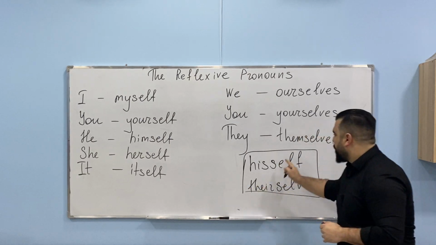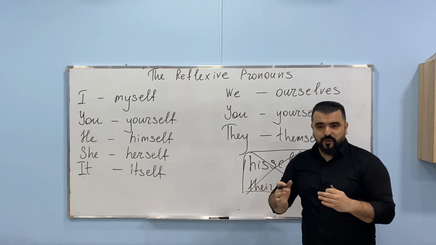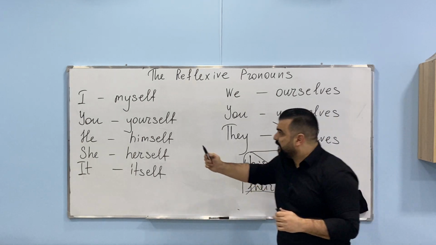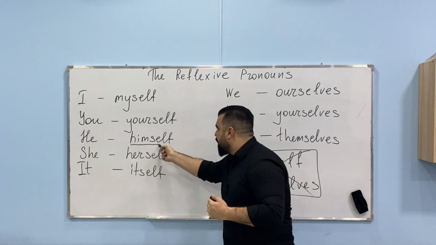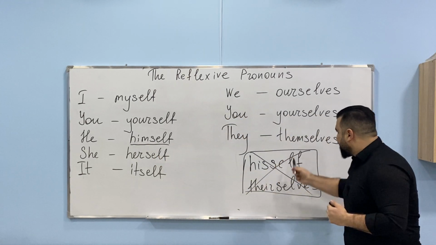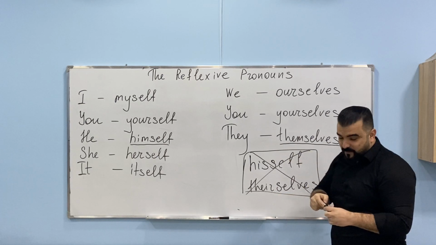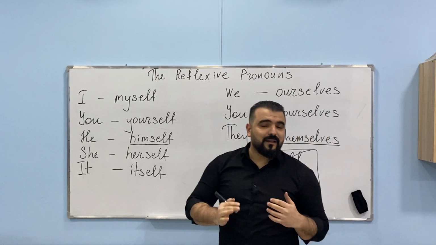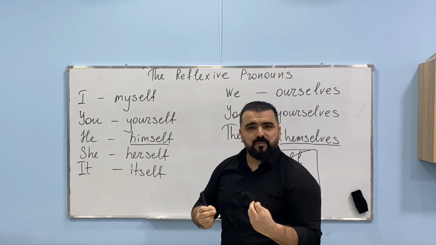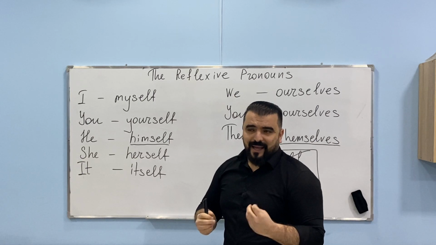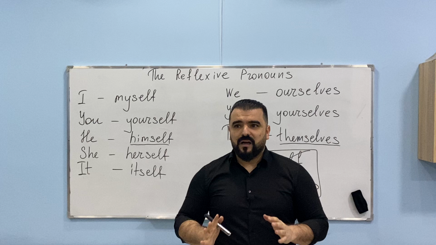Of course, both of them are incorrect because the third person singular with the reflexive pronoun isn't "his self," it is himself, or it isn't "their selves," it is themselves. So before learning their using in sentences, please spell them correctly and don't let anyone perplex you with wrong